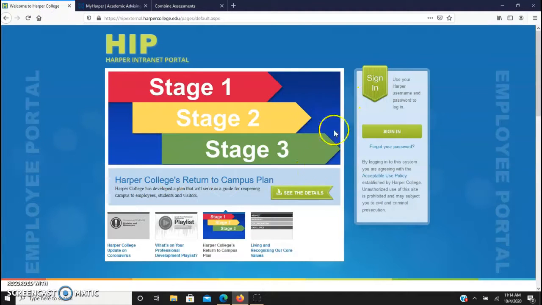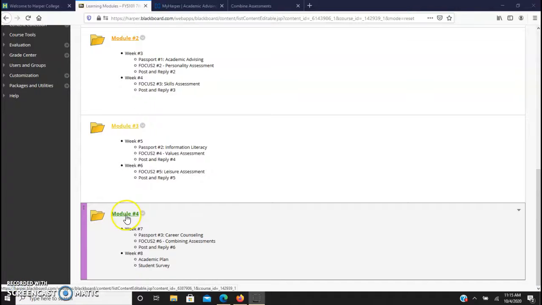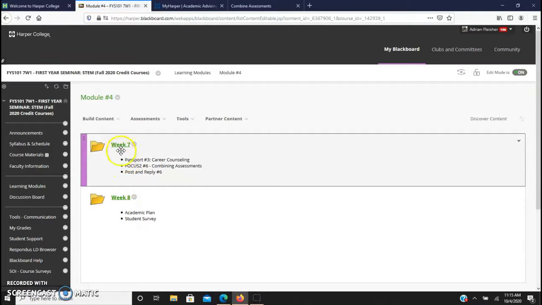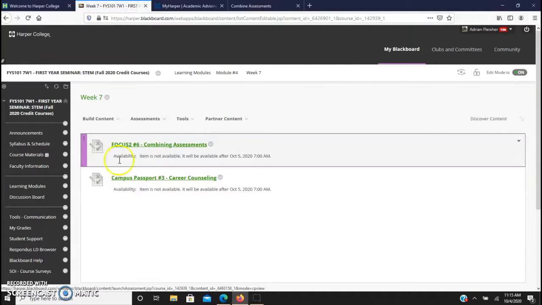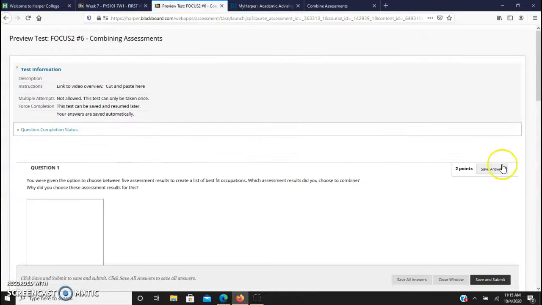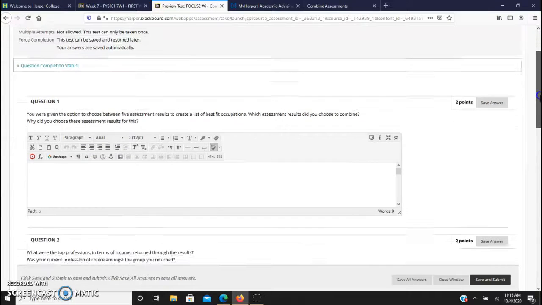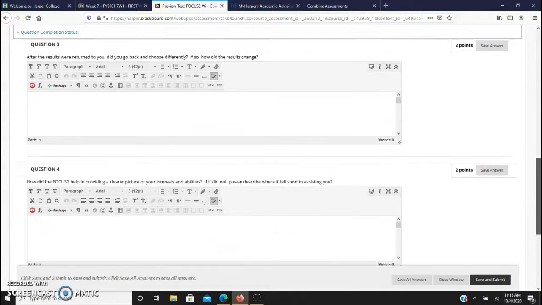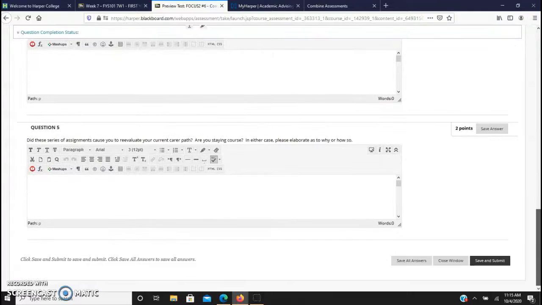And then if we go ahead, and I'll log into Blackboard here in a second and I'll go over it, so hold on. And so if we jump ourselves into module 4, we go into week 7, what you'll see in this Focus 2 assignment, when you look at this, you'll have several different questions. There'll be essay related, things you're very familiar with. But what I'm looking for now down here in the bottom of this, when you get to the last question,